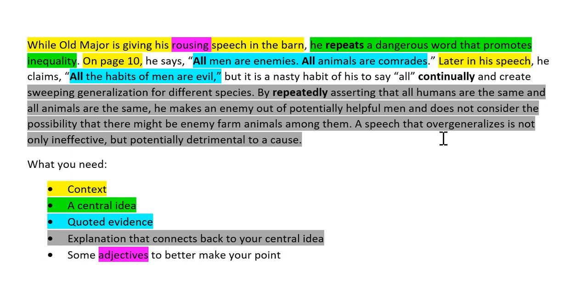A speech that overgeneralizes is not only ineffective, but potentially detrimental to a cause. So I make like a kind of final thematic claim here at the end. Like, this is what I get out of what Old Major is saying here, and my ideas about like giving